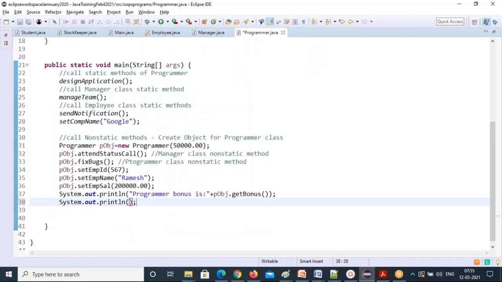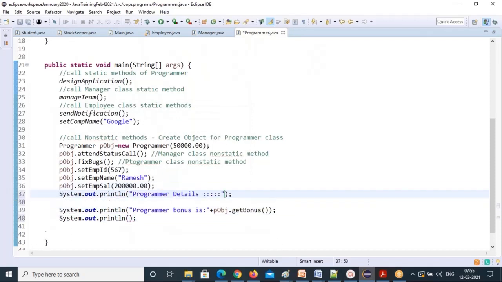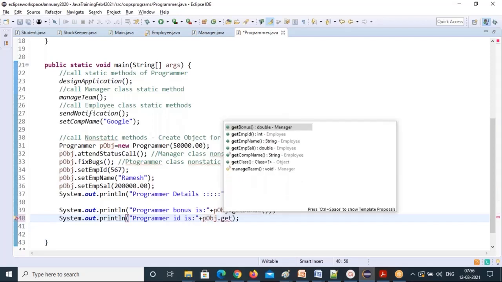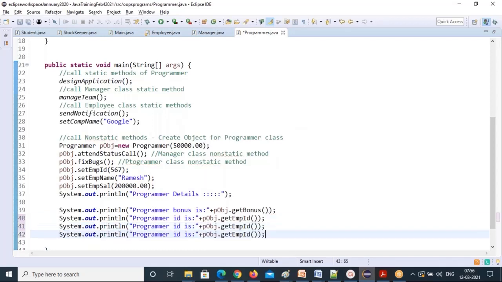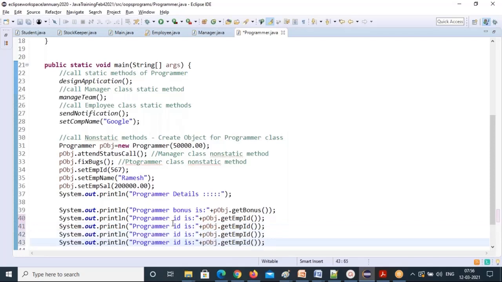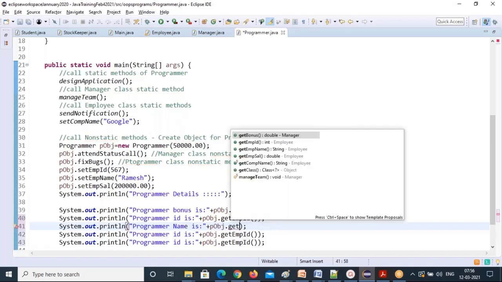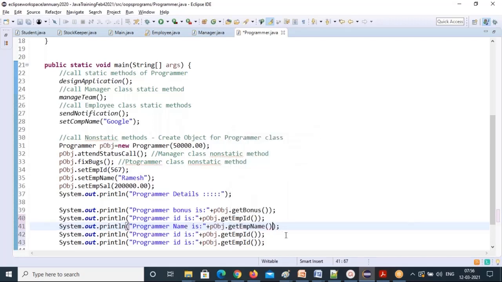So maybe I'll do programmer details here. Okay, programmer details, and I can say programmer ID is p object dot getter method, get employee ID. We'll reduce the time because we don't have much time. So let's call these things. Programmer name, so get emp name.